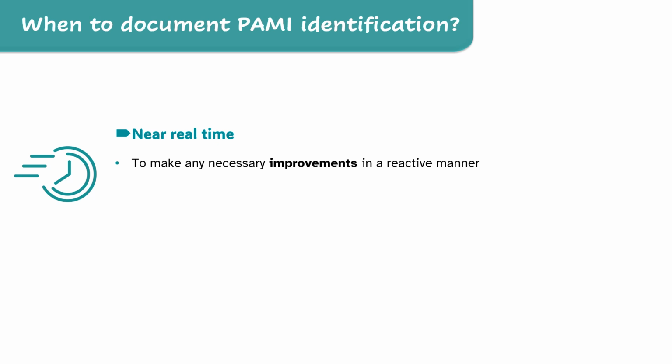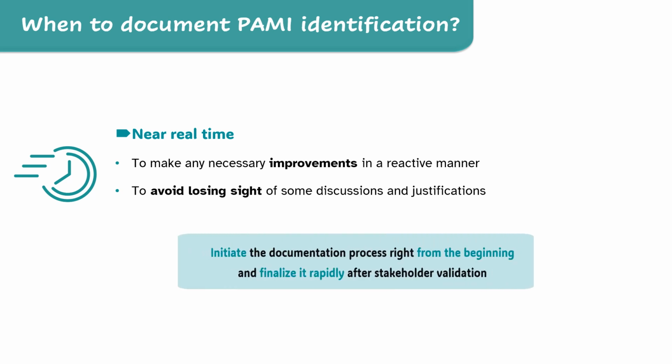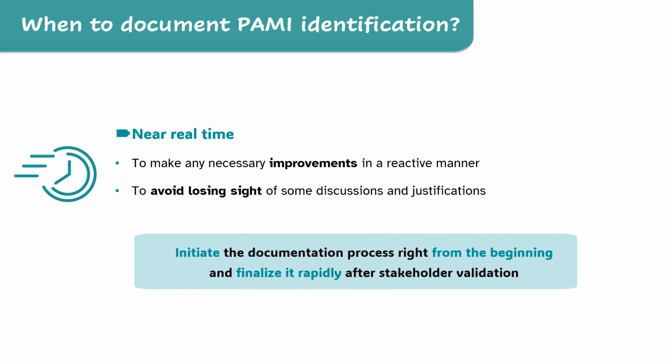If the documentation is only initiated at the end of PAMI identification, any weakness or gap revealed through the documentation process would be much more difficult to correct. In addition, documenting each step near real time avoids losing sight of important information. Overall, it is recommended to initiate the documentation of PAMI identification right from the beginning and to finalize it rapidly